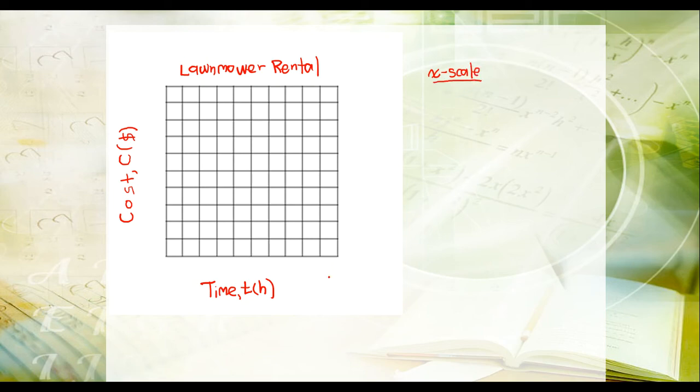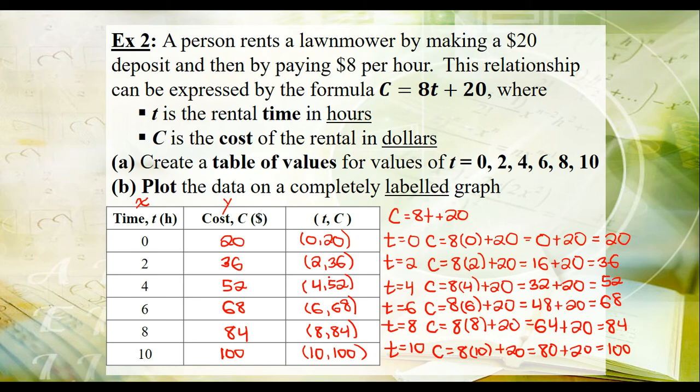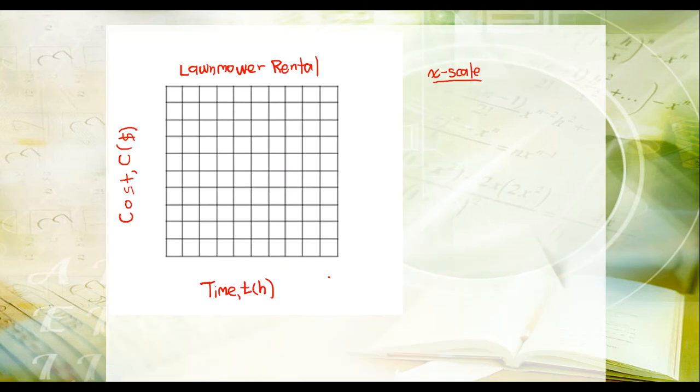Okay, so we gotta take the biggest X value. So let's go back to the table of values. The biggest X value is a 10, okay? Take the biggest X value and divide by the number of squares on the X axis. There's 10 of them again. So this would be 10 divided by 10 is 1, which means every grid line would go up by a